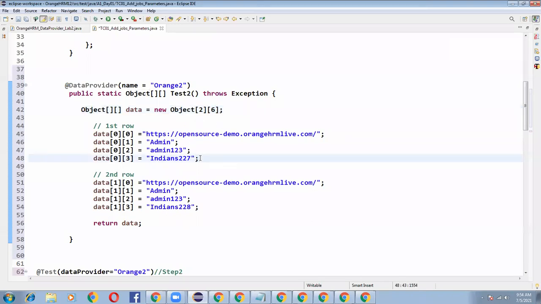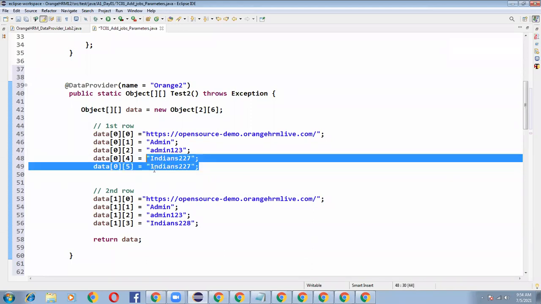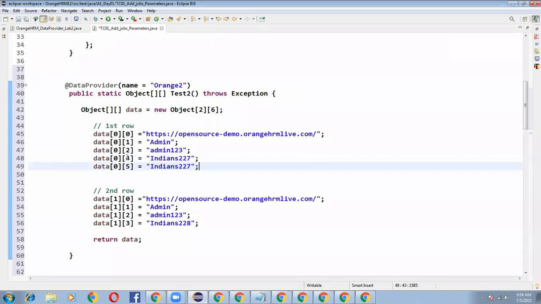And I have to give input data: 0, 1, 2, 3, 4, 5. I think 6 columns is enough. So once again, 0, 1, 2, 3, 4, and 5.